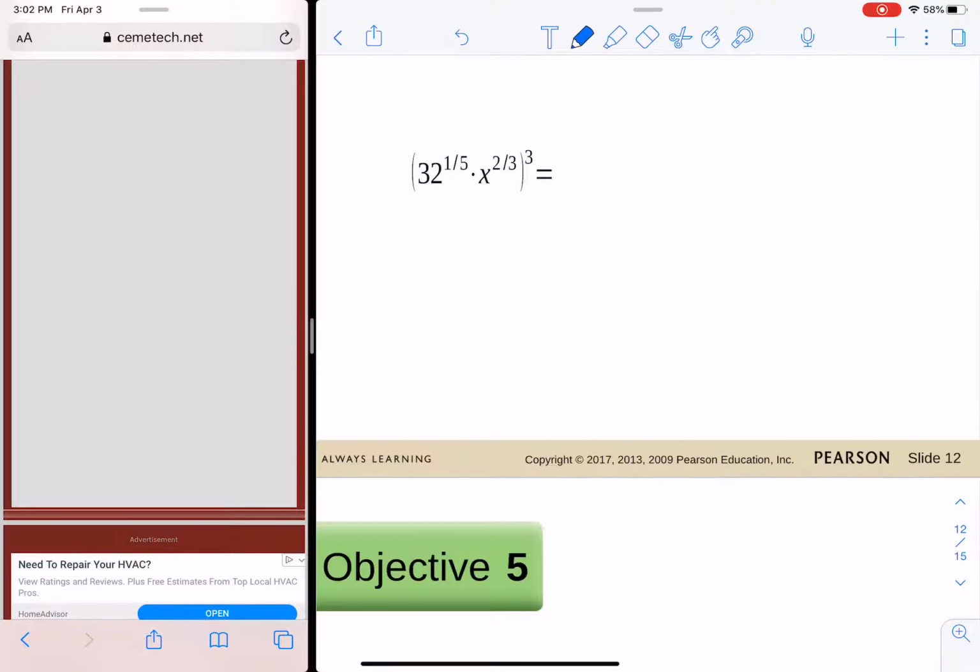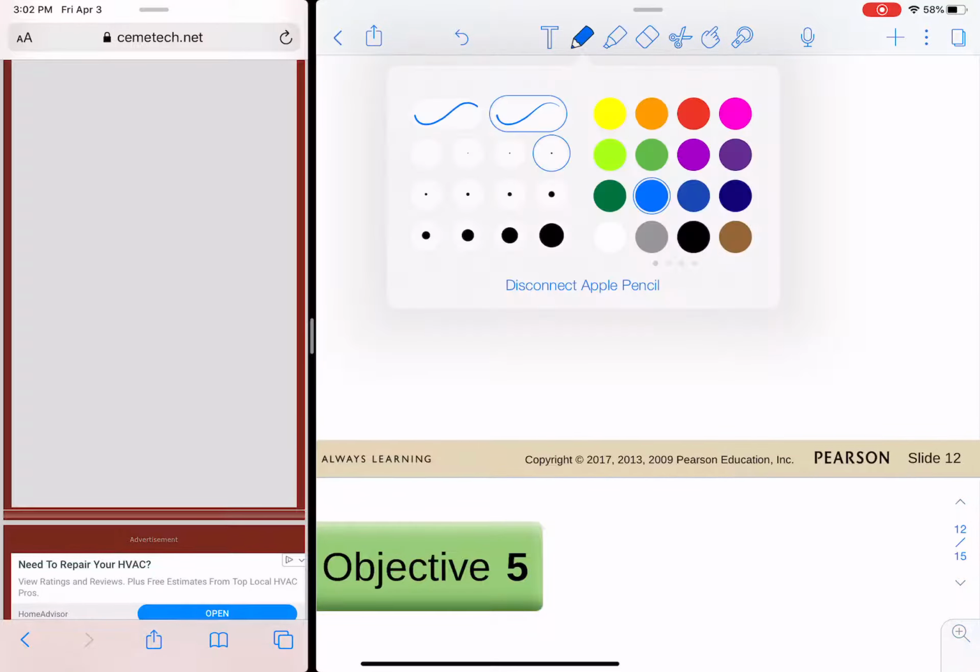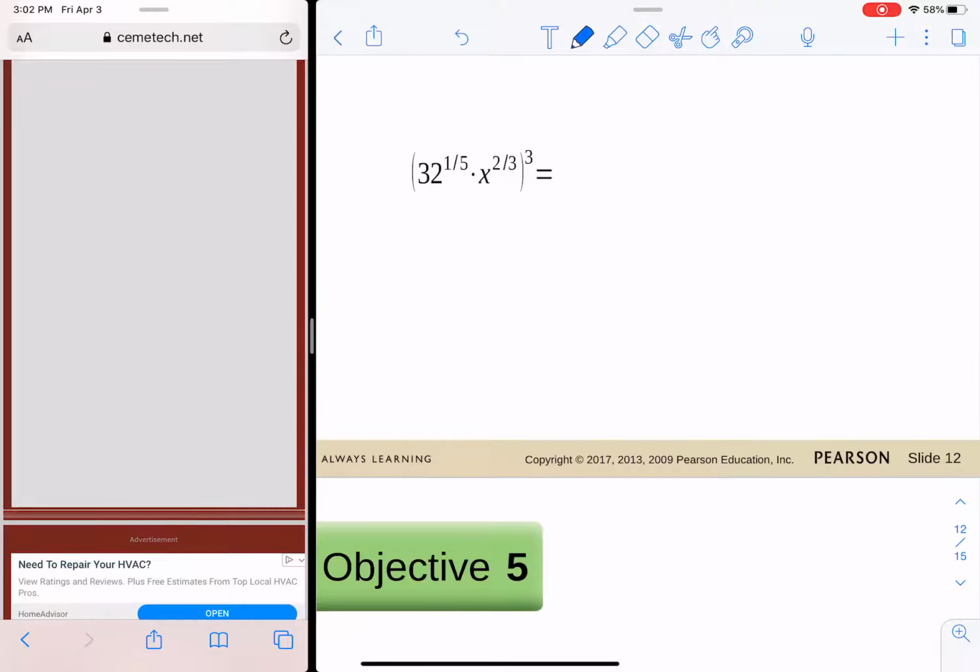So here we have an expression with a bunch of things going on. So we have the fifth root of 32 multiplied by x raised 2 over 3, entire thing raised to the power of 3. Now, let's see if we can simplify whatever term is inside the parentheses. I could write 32 as 2 raised 5. I'm writing it in the fifth power so that I can cancel the root and the power,